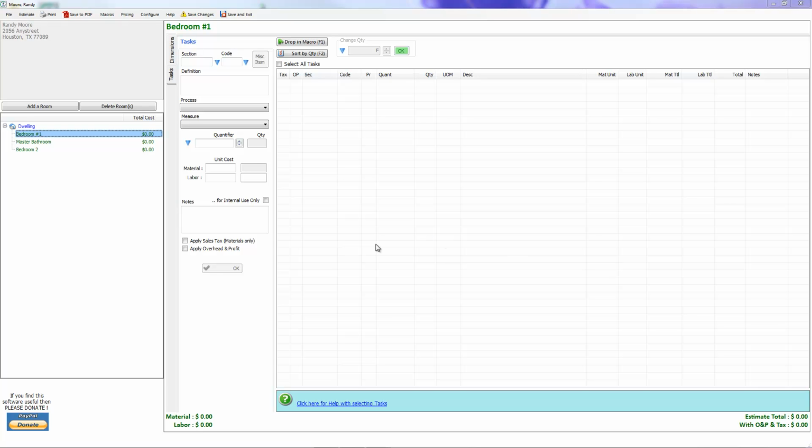Okay, this video is about how to use macros that you've already created. In the last video, we talked about how to create them. So if you're wanting to learn to create them, go to that video. This one is just about how to implement the use of macros. And we're going to start right here in bedroom 1 of the sample estimate, and we're going to hit the